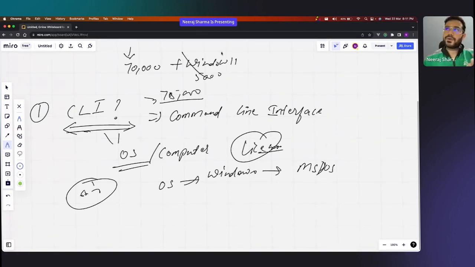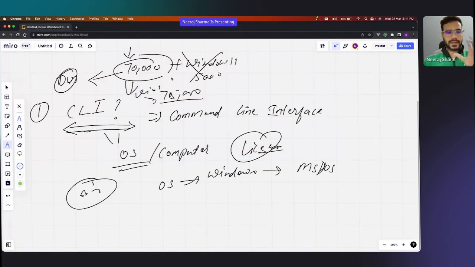Okay, however, if you don't take this and you just take the laptop, this will come with DOS in a way. So what people do, they take the 70,000 one, and on top of it they install Windows. Okay, so Windows 11 or something like that they install. So essentially what happens, your Windows is basically, you could say, a kind of GUI